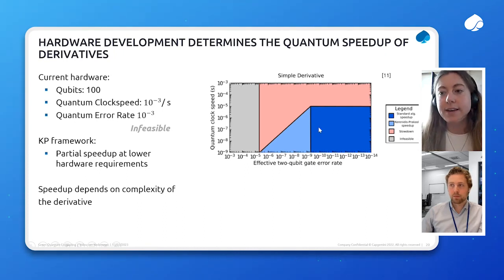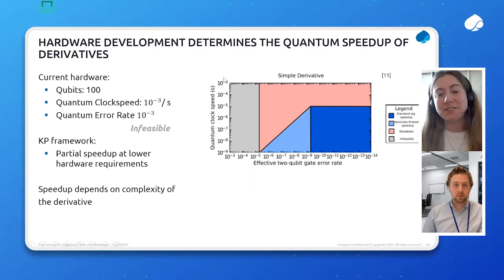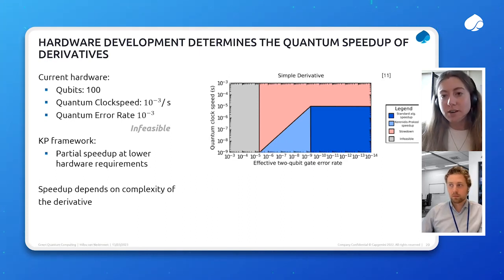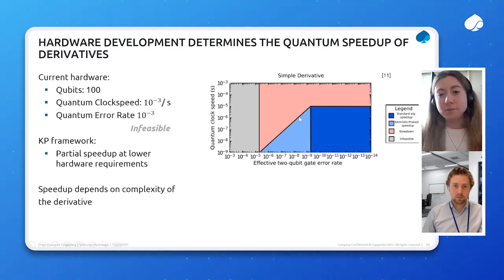The gray area shows that it's infeasible to run good calculations on the quantum computer, but by increasing or decreasing the quantum clock speed and the effective error rate, slowly it becomes possible to run those algorithms. This first leads to a slowdown, which is the red area, and then there will be a partial speed up shown by the light blue area